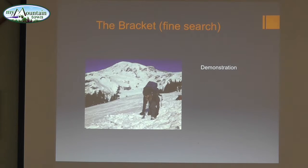Okay, so I've done the signal search. It came on, I'm excited. I'm closing. I'm going to slow down into the fine search, but I'm still moving pretty quickly. As I get in here now, I'm going to turn this way so you guys can see it. That's why I'm inverting the snow field. So it says 6.4, 6.5,